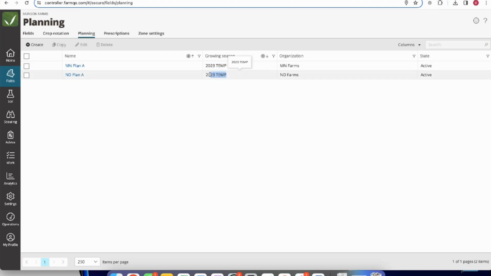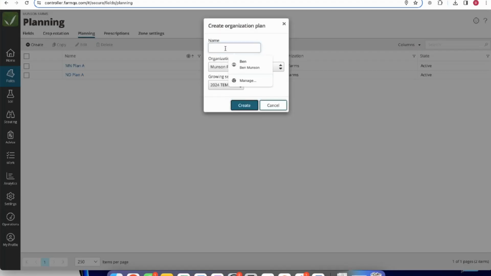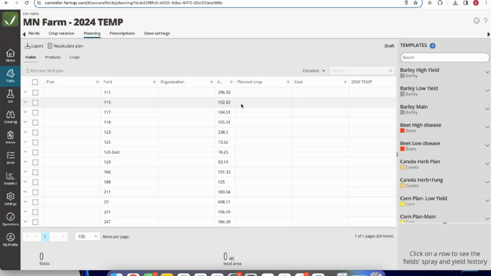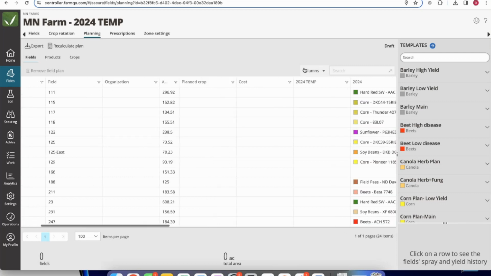So I'm going to start fully from scratch within this 2024 temp season. So to do that, I have the ability to create a new plan, and I'm going to call this, actually I'm going to break it down by grower. So say Minnesota Farms is one of my growers, and then I'm going to do this within the 2024 temp growing season. So this creates a plan, and what we mean by plan,